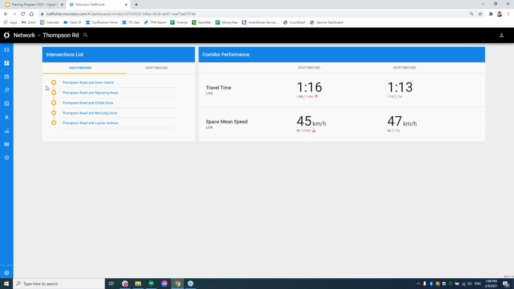Not many people know that exists for some reason, so I want to make sure that I highlighted that today, that this is a view that you can get access to. It is encroaching into maybe some of the data side, but it is a view that many operational people look for on an ongoing basis.